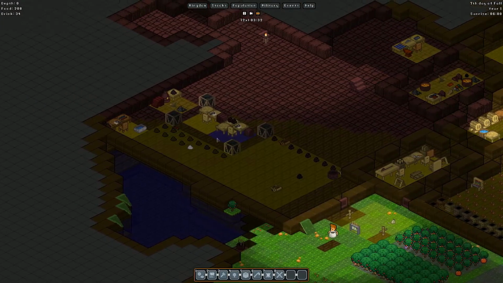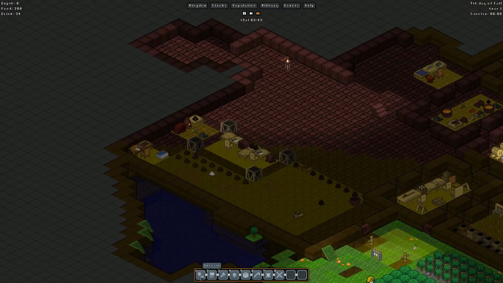Alright, let's go. There's our main pillars there. Let's go ahead and build... We're going to build some walls. Build...